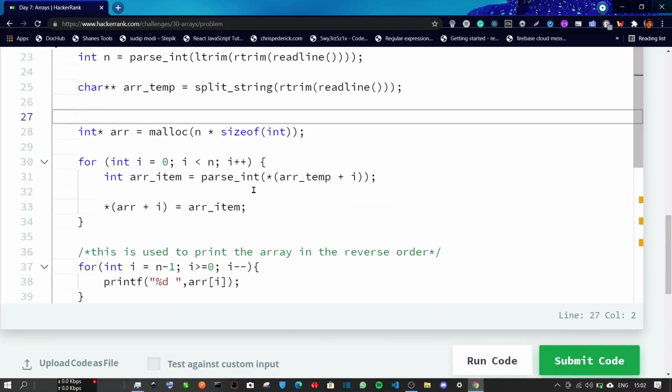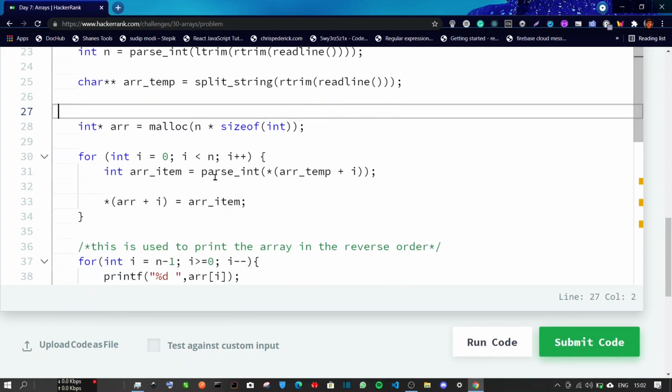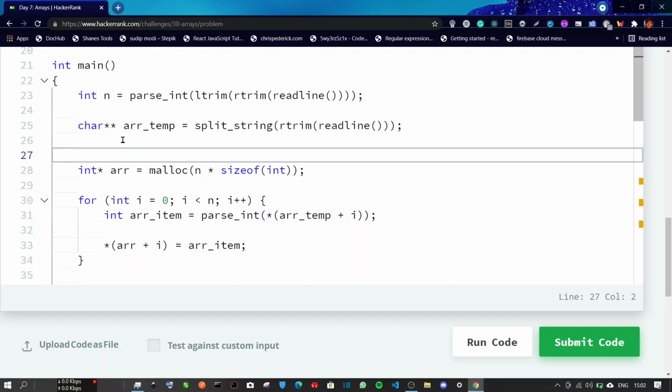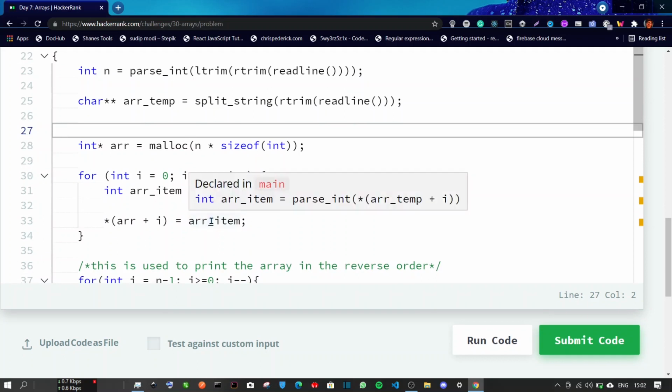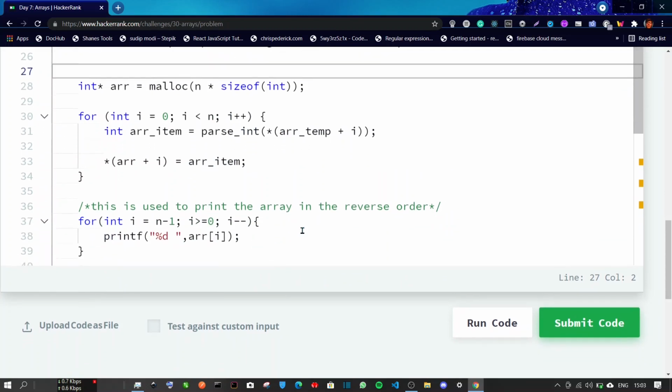Now I hope you understand this, because from a beginner's point of view it is a little bit difficult to understand pointers and these new functions as well. rtrim and ltrim are a bit advanced functions, so it is a bit difficult. But if you understand the concept of pointers and double pointers and how dynamic memory is allocated, this problem will be very easy for you, because we have already been given the input part, the code is already doing that input part for us and memory allocation part for us. So we just need to print the array in the reverse order.